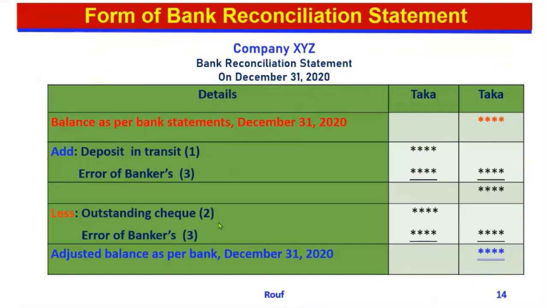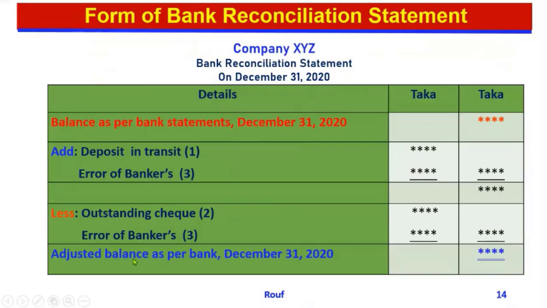And third number, banker's error, third item. This item will be added, also less, depending on the activities of the banker's error. These are the three items added or less with the balance as per bank statement, and